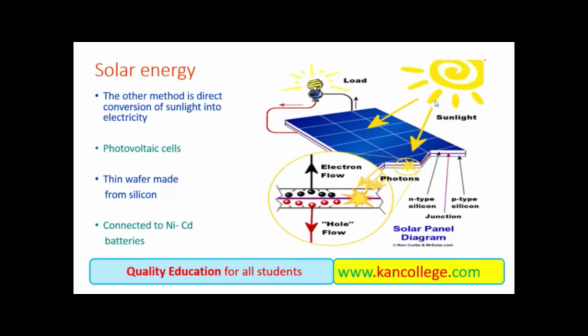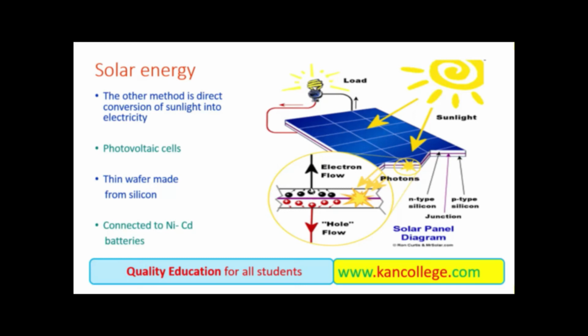Actually, when photons are incident on the p-n junction, where p-type material is one type of material and n-type is another, in the n-type material the majority carriers are electrons, and in the p-type material the majority carriers are holes. You all know this from the previous elementary classes. The incident photons break electron-hole pairs and generate electrons and holes. Electrons move towards one terminal by getting some energy from the photon, and holes move towards the other terminal.